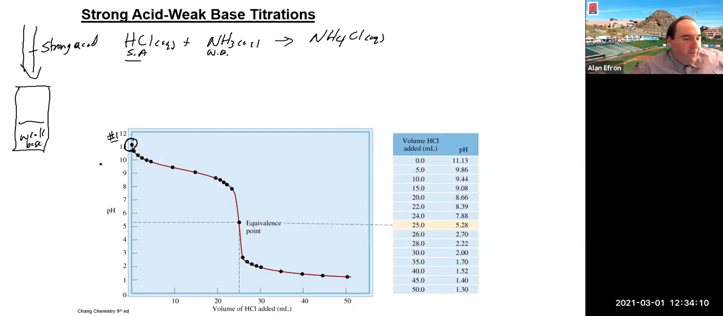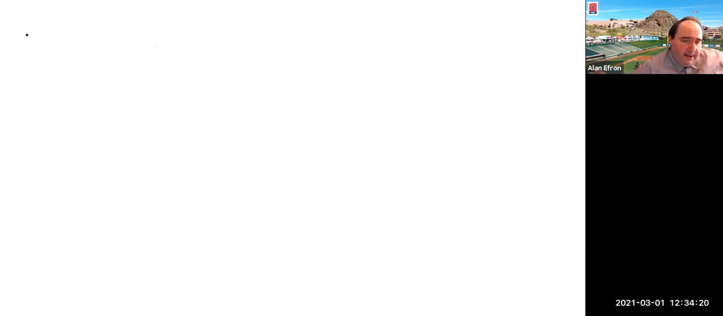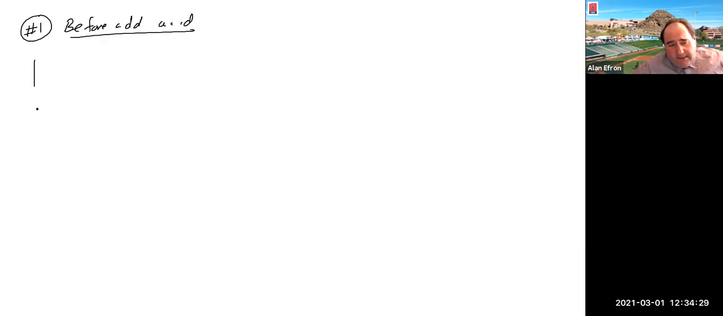We'll look at the same 4 spots. So number 1 here, we have not added any acid to this. So what is going to happen here at that first spot? Before we add acid in this case, the only thing we got in that beaker or flask is a weak base, which means we need to do